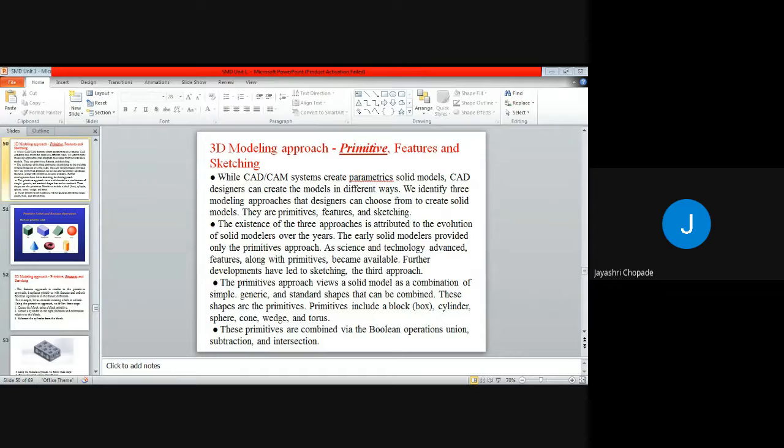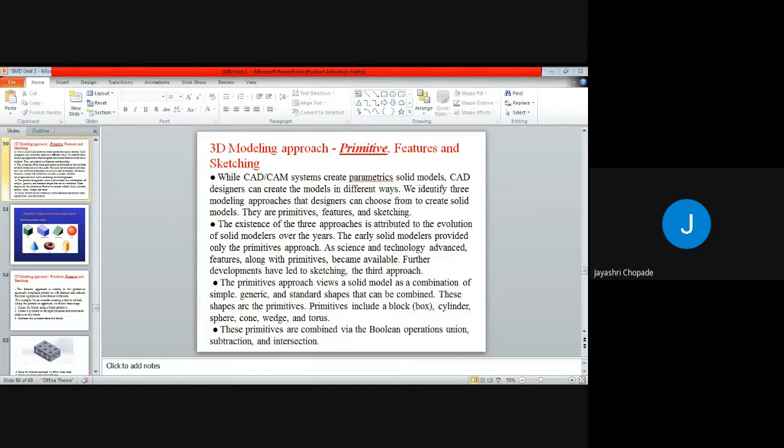The primitive approach is nothing but some basic models like cube, pyramid, but as science and technology advanced, new features along with the primitives became available, and with the help of that we can create some complicated shapes or complicated models with the addition of these new technologies and additional tools.